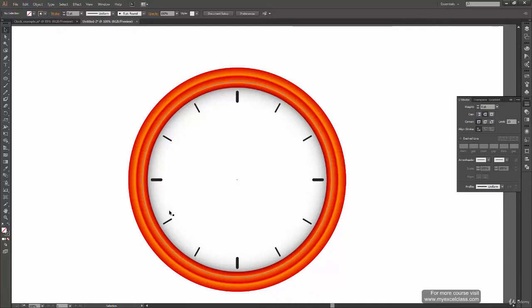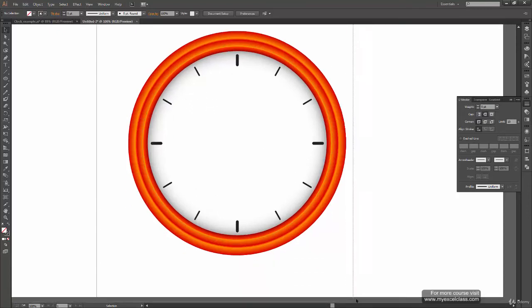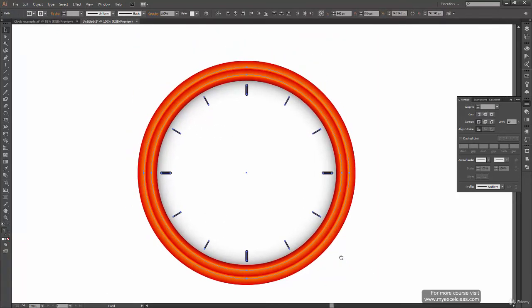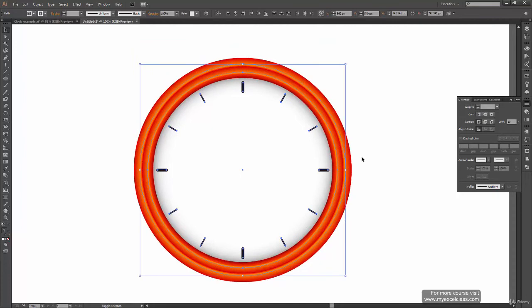Okay, so once done, you can select all your markings, select the whole of your art, and press shift and drag again to deselect these two circles. Okay, once done, you have only these markings selected. And from here we can reduce their opacity a bit, or we can change their color.